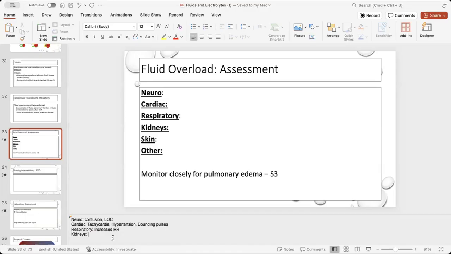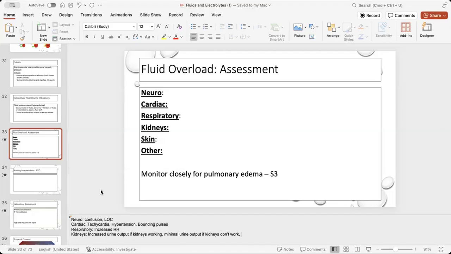Kidneys, if my kidneys are functioning, I'm taking in a lot of fluid, what should my kidneys do? Increased urine output. I should have more urine output, right? But what about if I have sick kidneys? Then I might not have any urine output or minimal urine output, right? So it kind of depends. But if I drink a lot of water, what should the urine look like? Clear yellow. Right, clear, yeah, if it's so diluted, it should be clear.